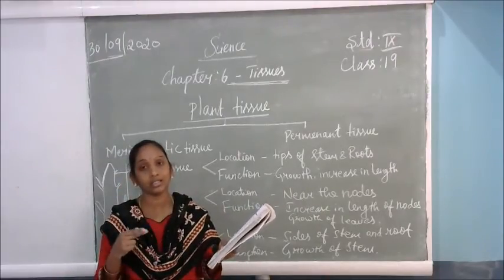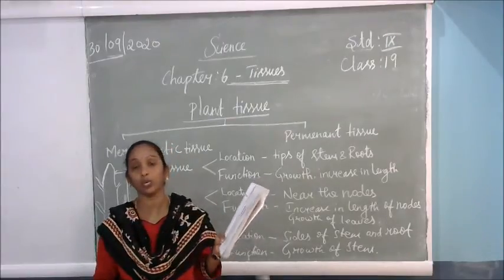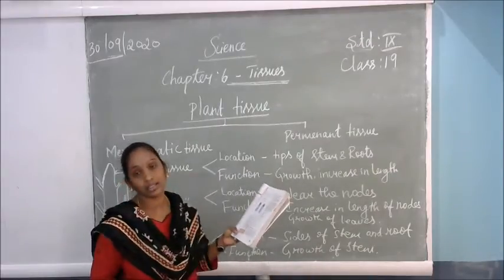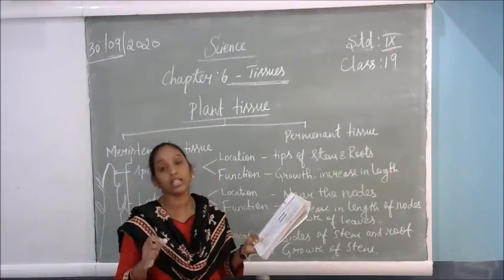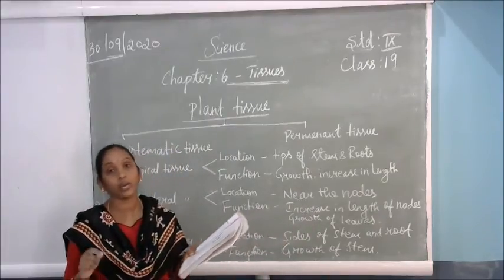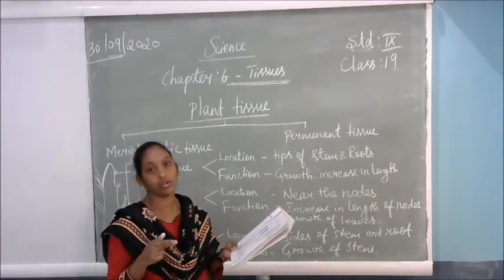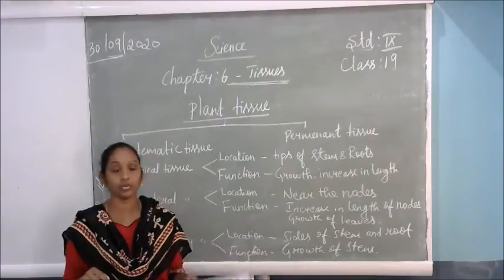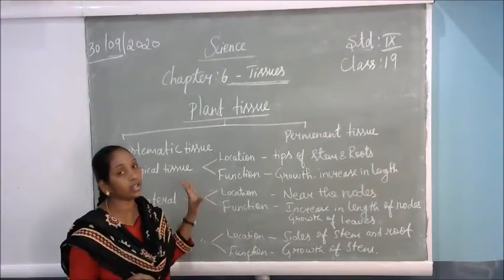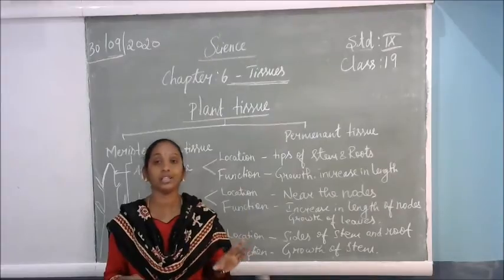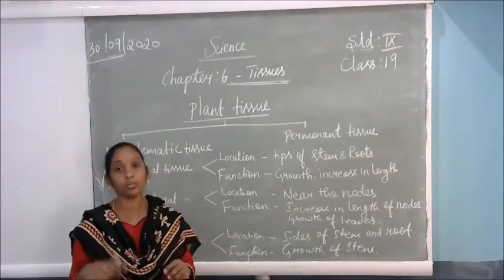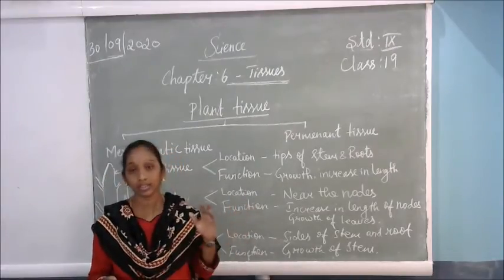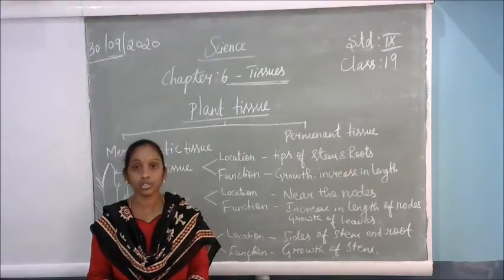Definitely the one whose root tips you cut will not grow, because in the root there are tissues present, and only because of those tissues the roots continuously grow. Once you cut the roots, the tissues die, so that onion bulb's roots cannot grow. So what is understood from this? Definitely in the roots also tissues are present. Those tissues help the roots to grow more and more, and then the plant is able to grow. So growth is very important in the plant, and for that growth, tissues are very important.